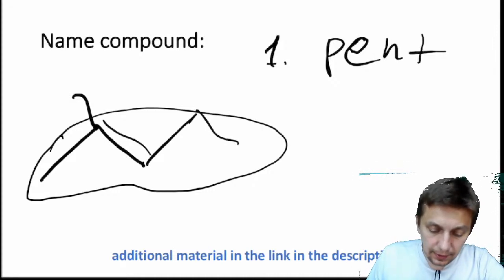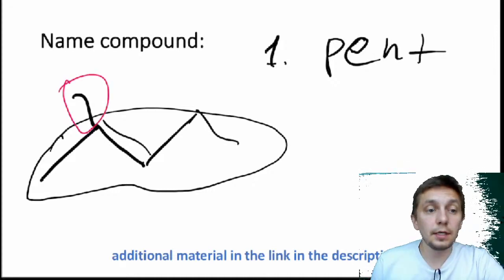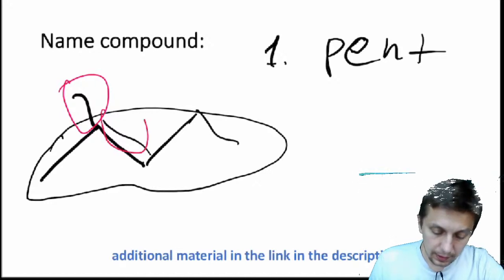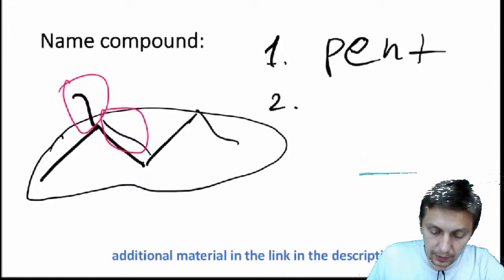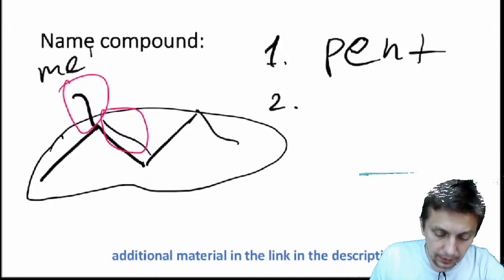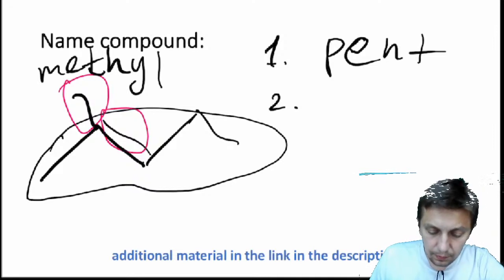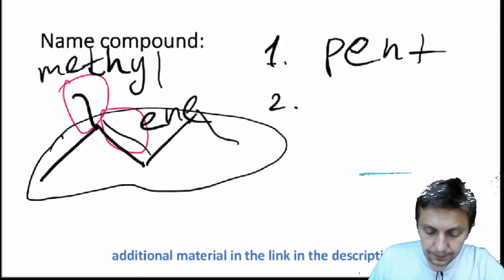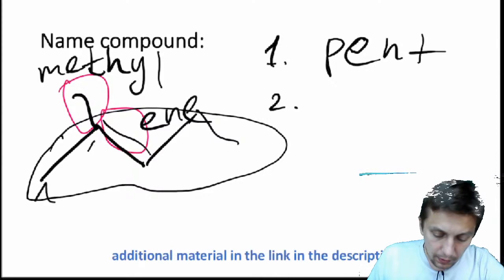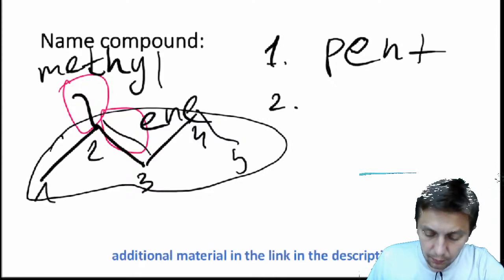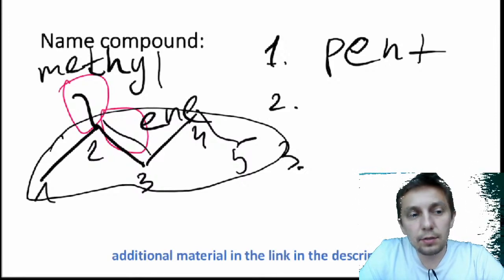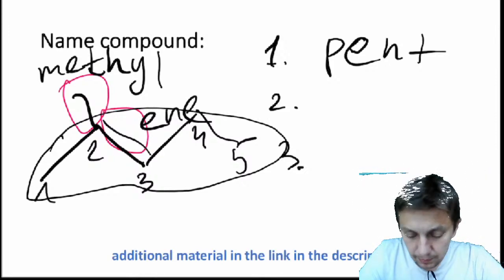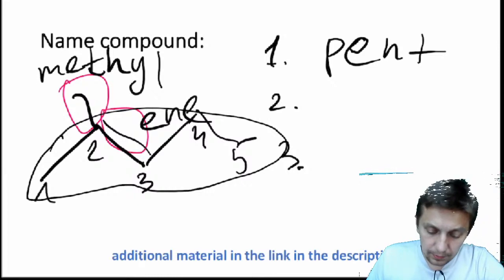Second, find the modification, it's these groups and a double bond. These groups we name methyl. This group we name -ene. And 1, 2, 3, 4, 5. We numerate from left to right because in this case the numbers of the groups are minimum, and the compound we name